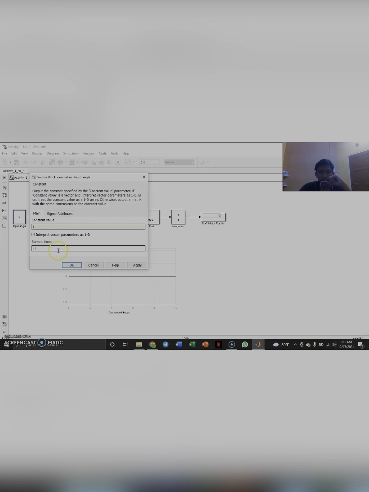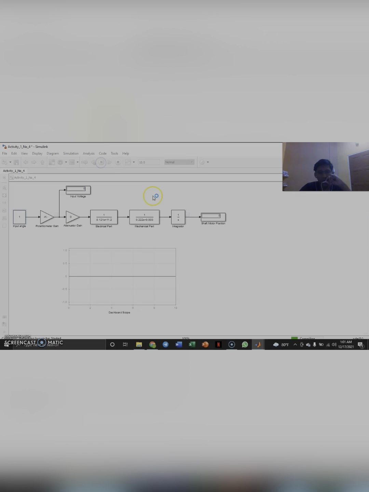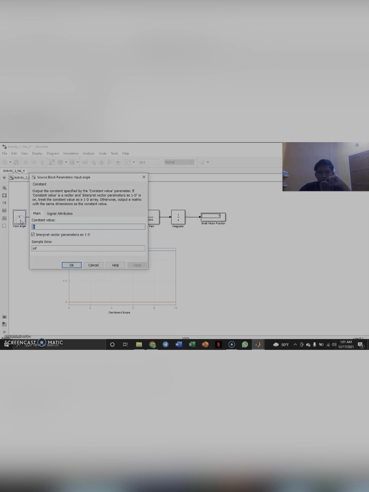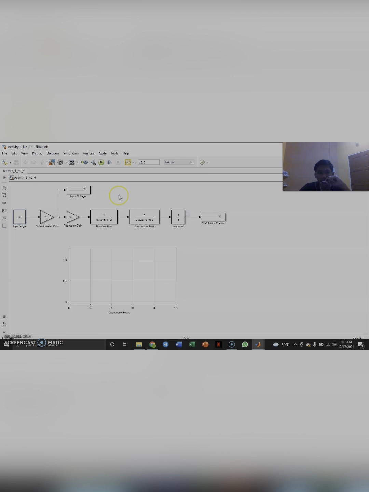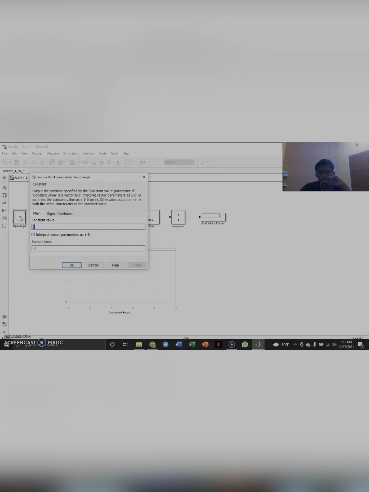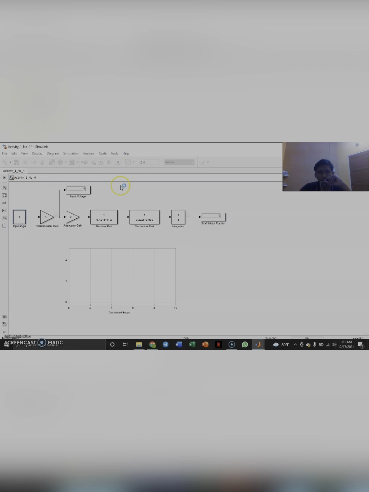We get 0 input voltage and 0 shaft motor. Then we change the value from 1 until 10. Input angle 1 is 0.6111 volt, 2 is 1.222 volt, 3 input angle will be 1.833 input volt, 4 is 2.444 volt, 5 is 3.056 volt,